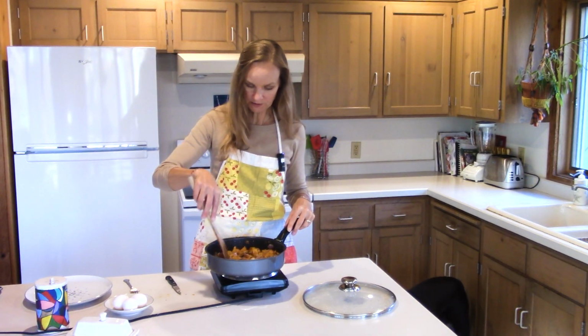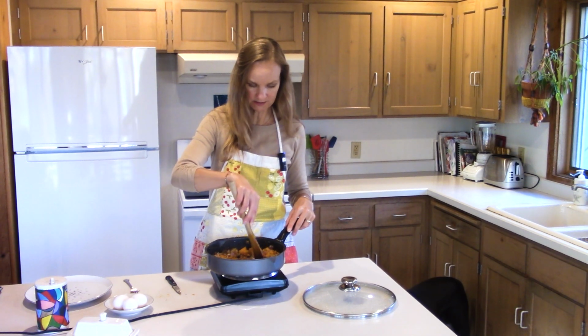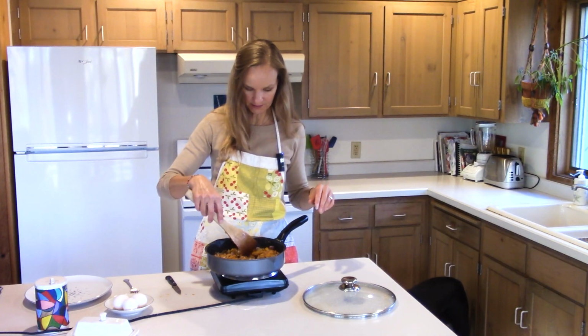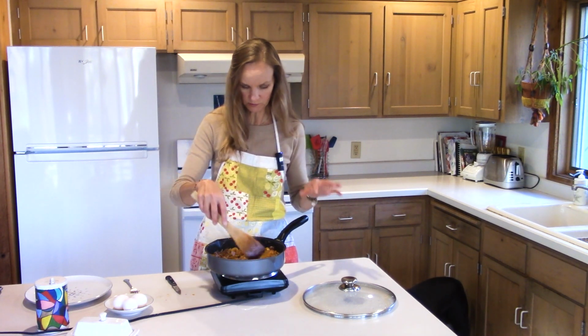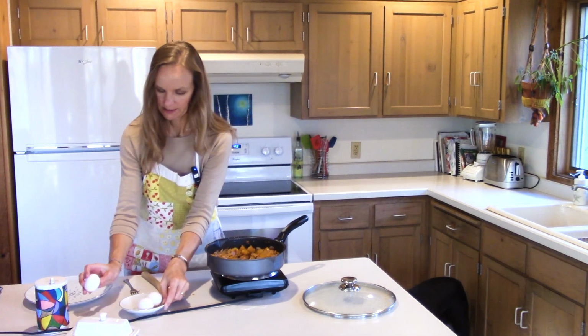So what I'm going to do is make a little hole for each egg. And then I'm going to dump in my egg, not just the egg yolk, everything, in that little hole. And then just try to get it all perfect here, because once this egg is cooked, then we dish it up. And so I want my little holes to be like in the thirds. Okay, so here we go. Egg number 1